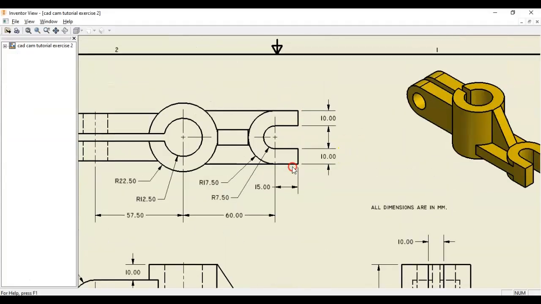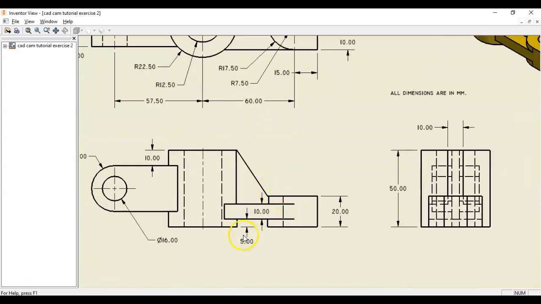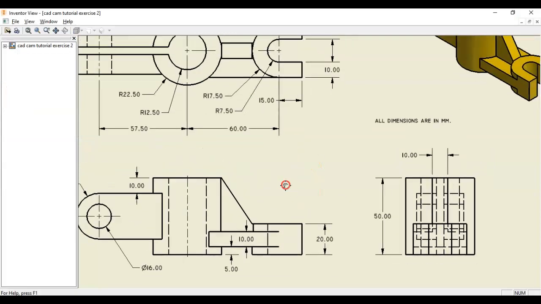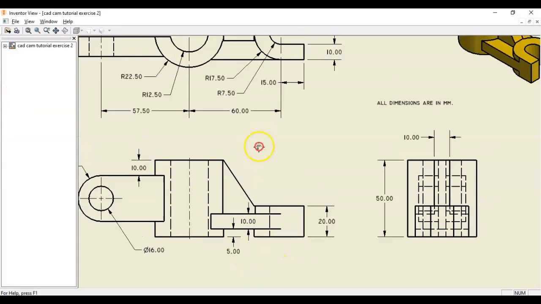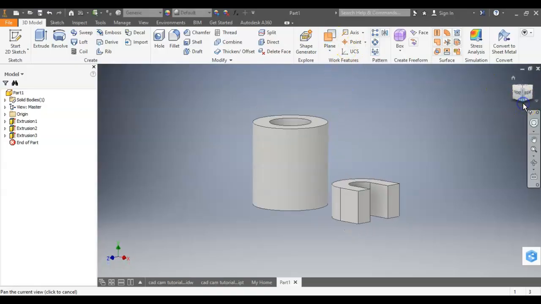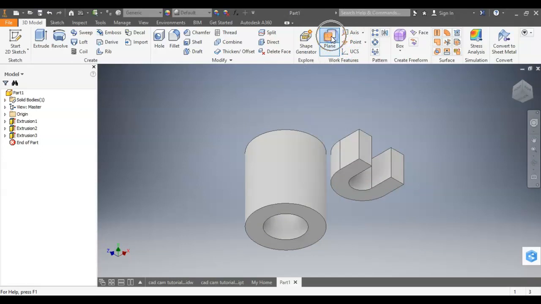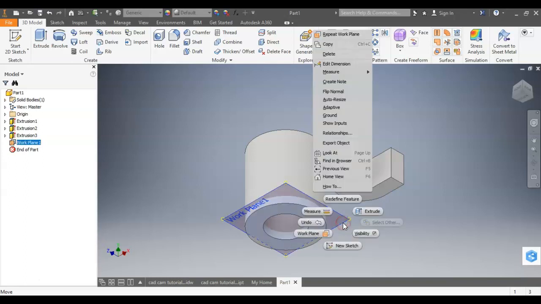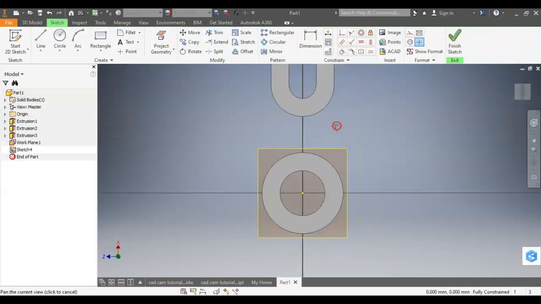Now we can draw this Johnny John. So it's 5 up. So what we're going to do is make a plane that's 5 millimeters above the bottom. And the way to do that is click on plane, find the bottom of either one of these, click and drag up, and you get a dimension box, and see how it says negative, so you want -5, enter, and then on that plane right click, new sketch, and then